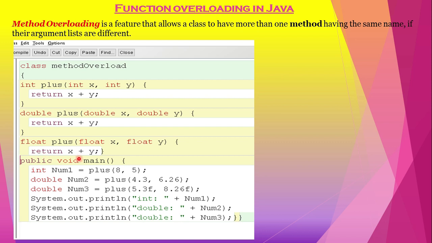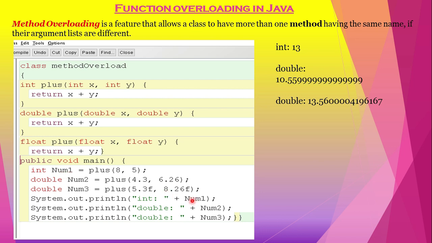Then what is the function doing? Adding and returning that particular value. So the values are returned and kept in num1, num2 and num3 that I am printing. So your answer will be 13. See, 8 plus 5, 13. So one only I am going to explain. 8, 5. 8 will be copied to x, 5 will be copied to y. And return x plus y. 8 plus 5 means 13. 13 will be returned here. That will be stored in num1. That num1 will be printed.